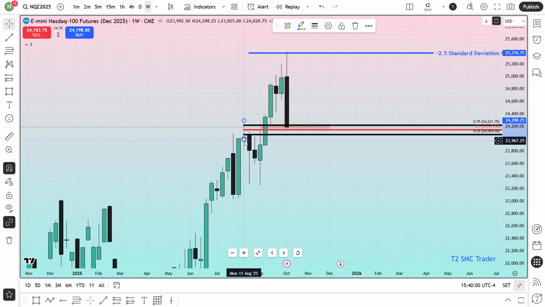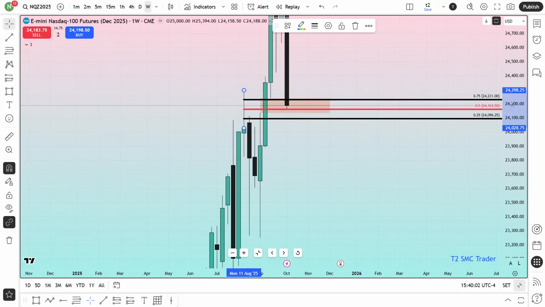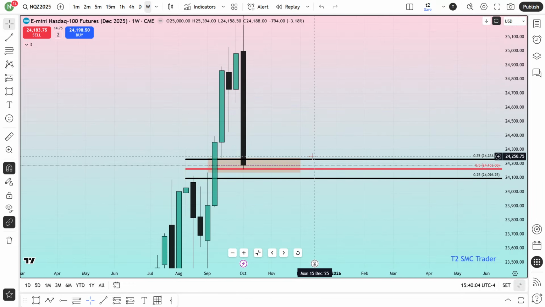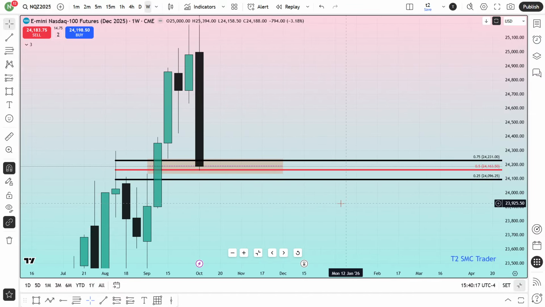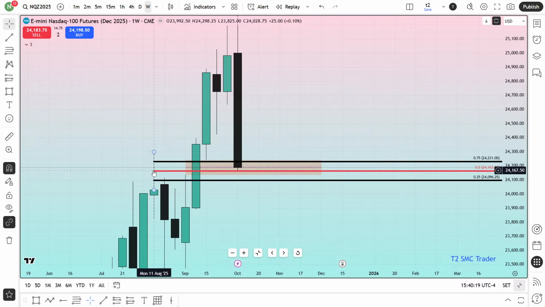You can see here the quadrant levels. So this is the upper quadrant, which is 75%. This is the 50% of that specific week. Again, that week has cleared all the highs and traded a fair value gap. This is the lower quadrant of that week. And if you take a closer look, this is the 50% of that week.